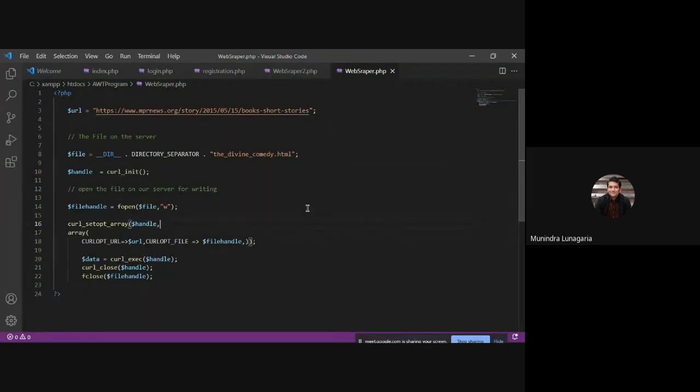So what we did: first we fetched, after that we created a file in write mode. So we are going to fetch this data and write this file as HTML in our local system.